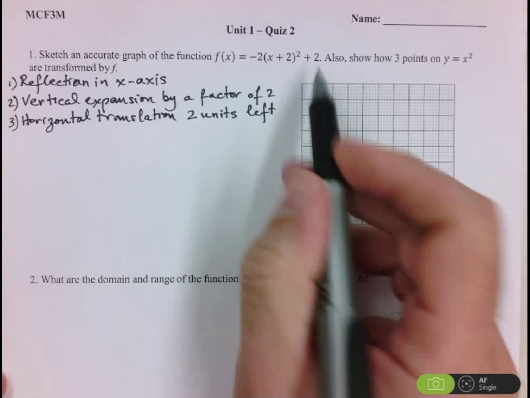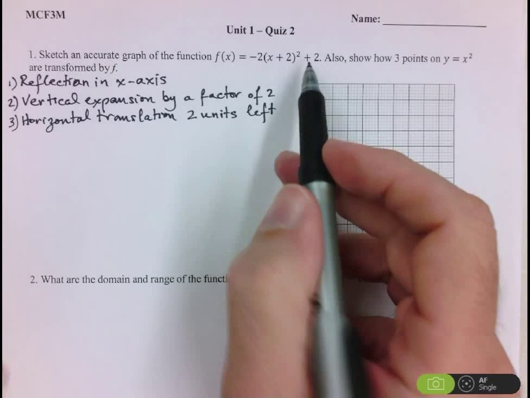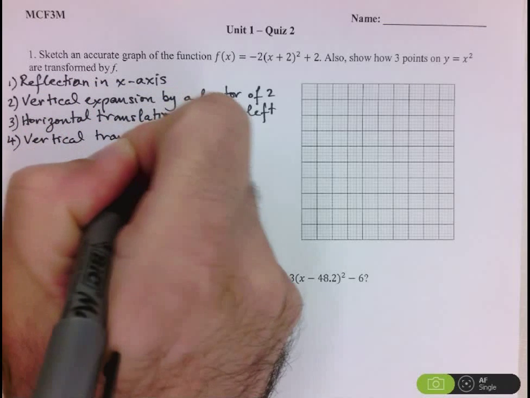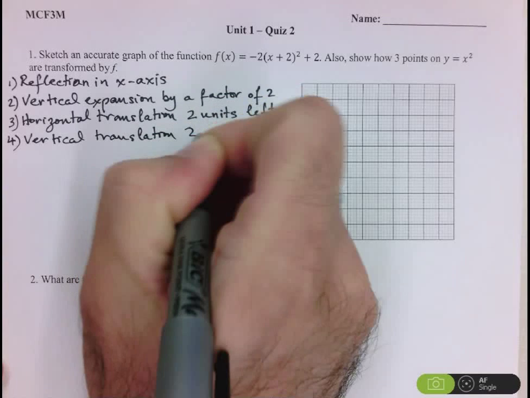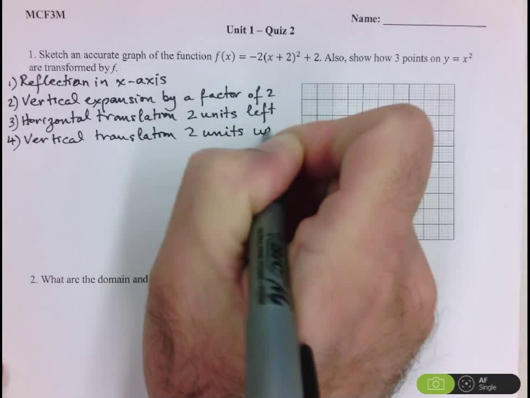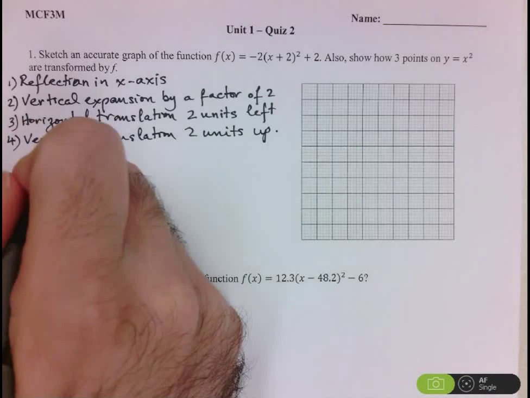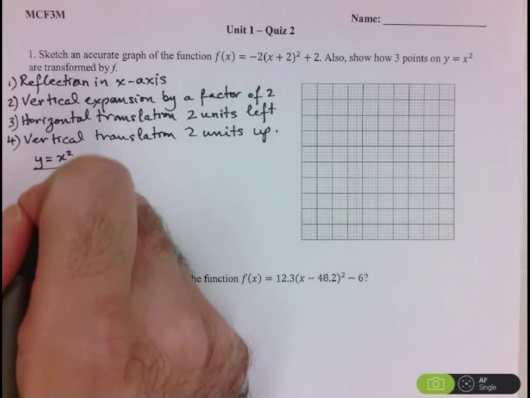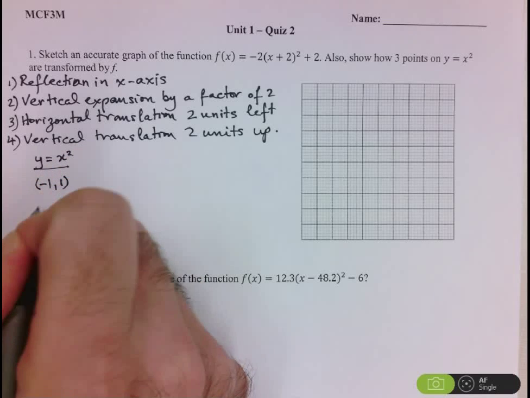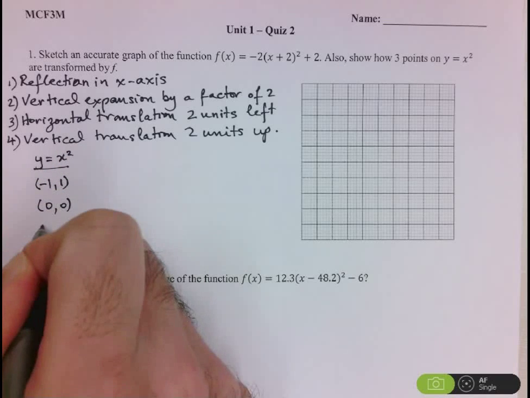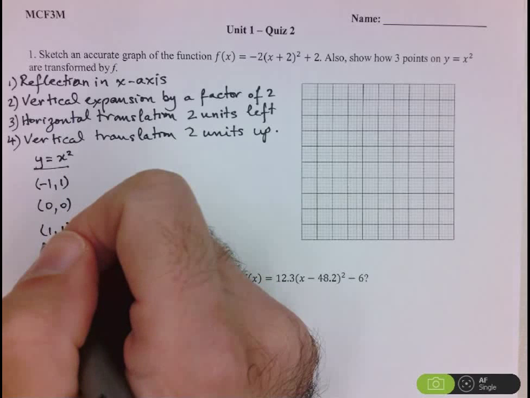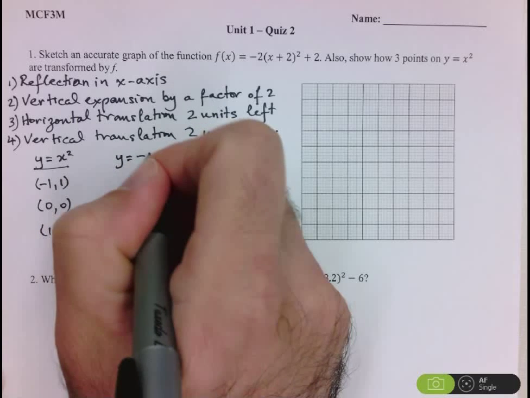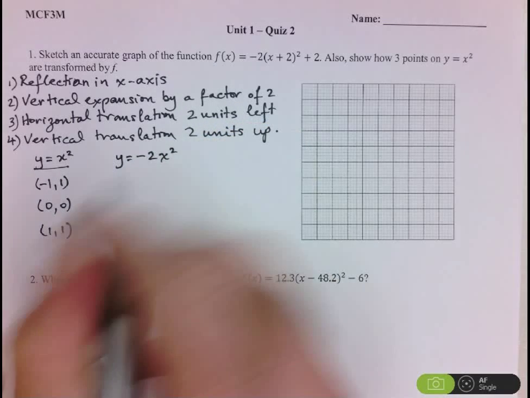And the last one here is our vertical translation, and this is going to be 2 units up. So we have our vertical translation, 2 units up. Now we'll go and transform the individual points. I want you to start with your parent function of x squared, and we've picked 3 basic points to represent the function y equals x squared. Now we're going to transform them, but we have to do it in 2 steps. First I'm just going to deal with the multiplications, so negative 2 times my square,